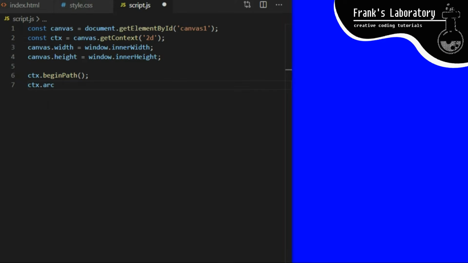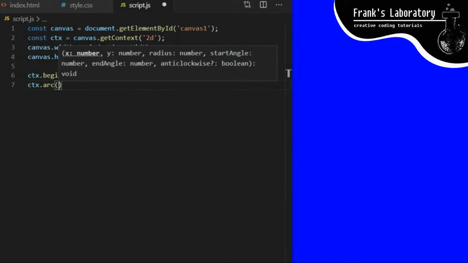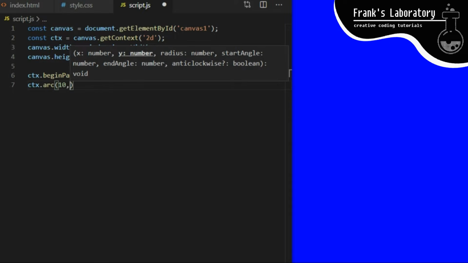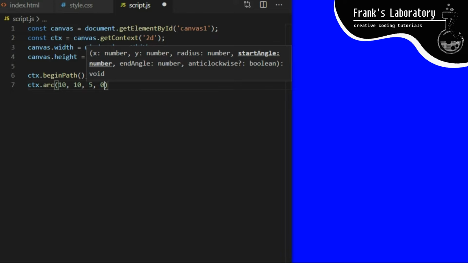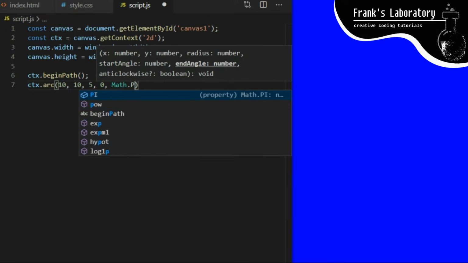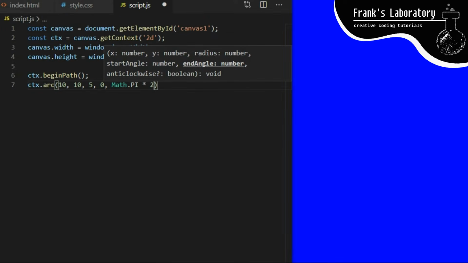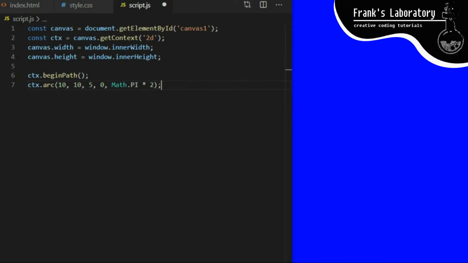Then I call ctx.arc, which expects at least 5 arguments: position on the horizontal x-axis, position on the vertical y-axis, circle radius, which will determine its size, start angle on the circular path around the starting coordinates, and end angle. So I will set position x to 10, position y to 10, radius to 5, start angle will be 0, and end angle will be Math.PI times 2, which is a value in radians that converts exactly to 360 degrees, which is a full circle.